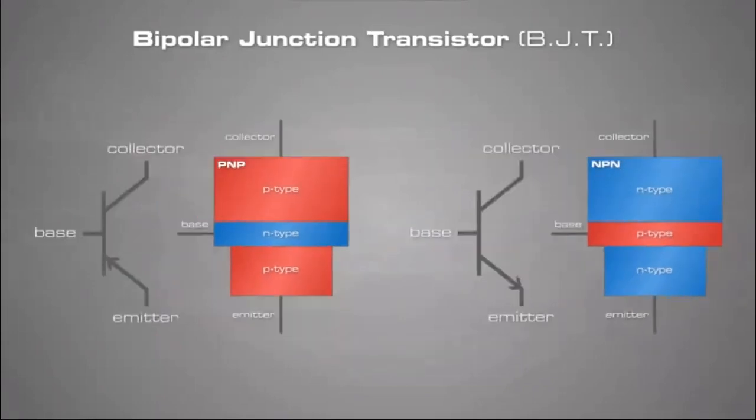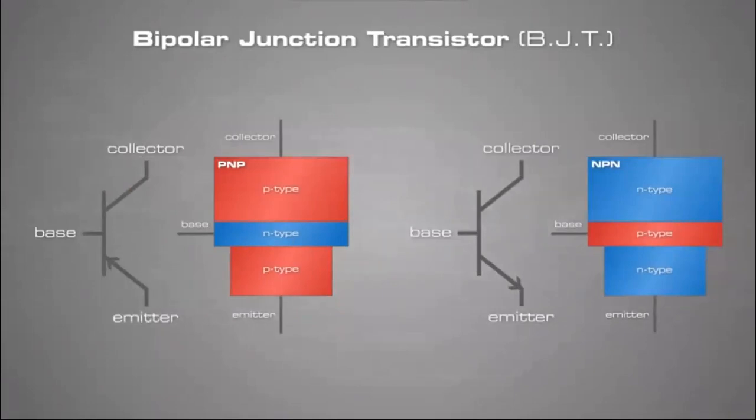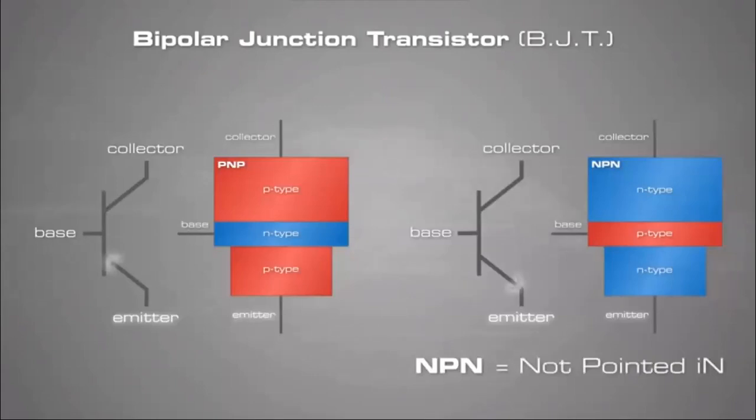These are the schematic symbols for NPN and PNP bipolar junction transistors. The three leads of a BJT are called the emitter, base, and collector. The emitter lead can always be identified by the arrow. The direction of the arrow identifies the type of BJT. An easy way to determine which type of BJT is depicted by the symbol is to look at the arrow. Remember that the arrow of an NPN is not pointed in.